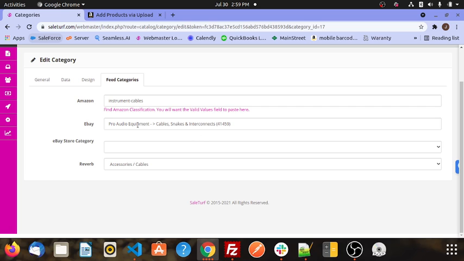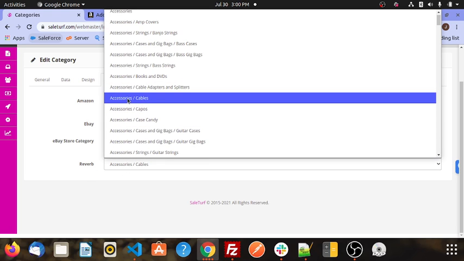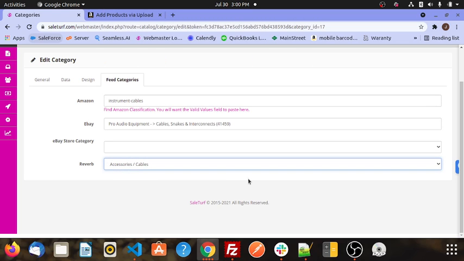Pro audio equipment, cables. And then on Reverb, I'm just going to choose accessories cables, which is already there. And that's how you map out your categories to your marketplaces. You only have to do this one time. Once you've mapped them all out,